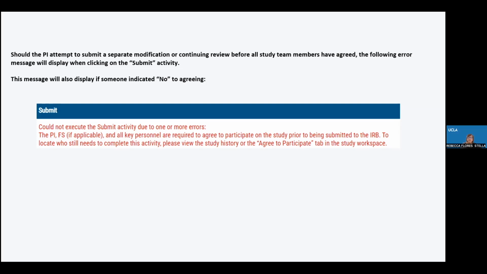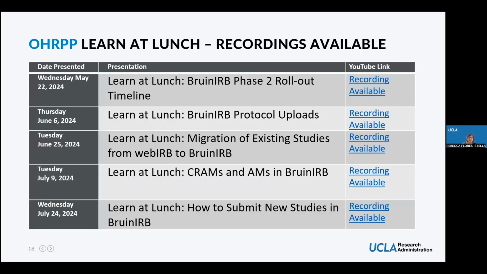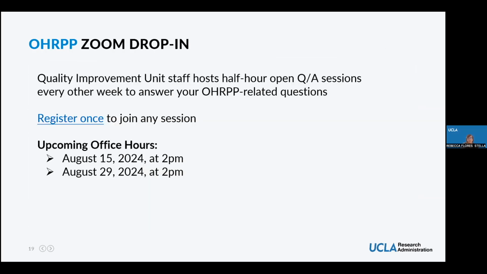And then if you use edit study personnel, subsequent submissions will be blocked if that agree to participate is not completed. So this is a blocking action, both for new studies and for any study team members added through the edit study personnel function. So as we said, we're ready to go live on September 9th.